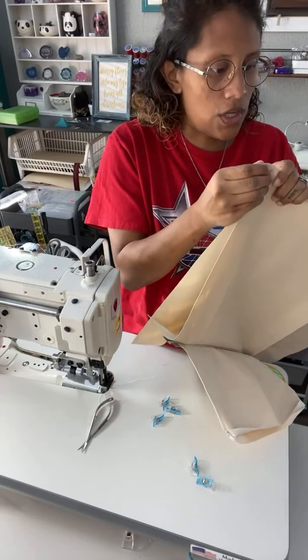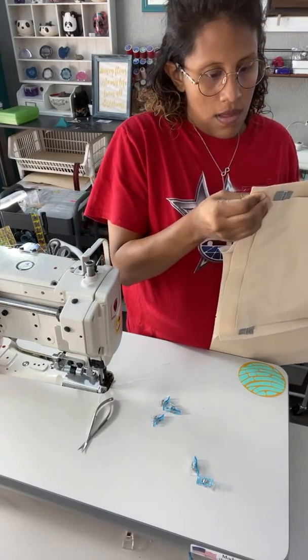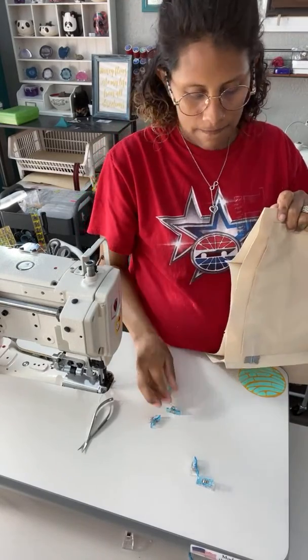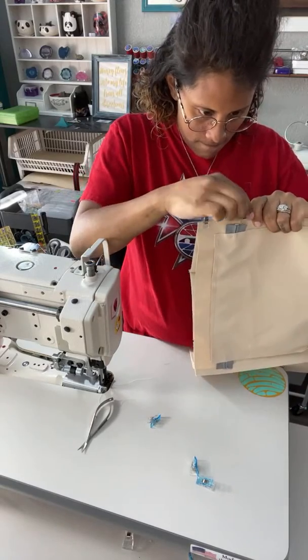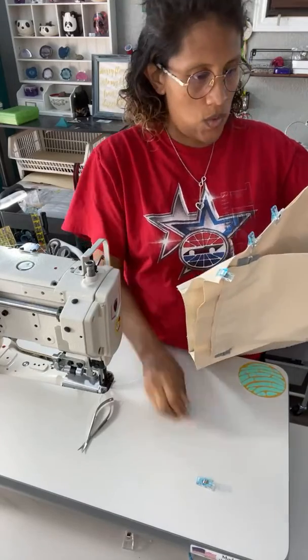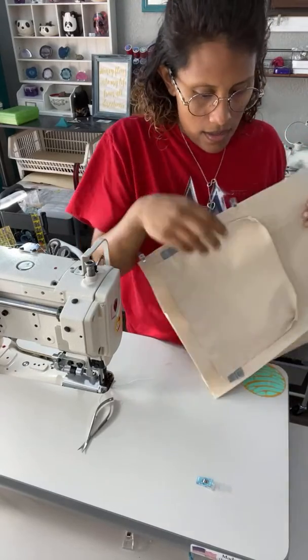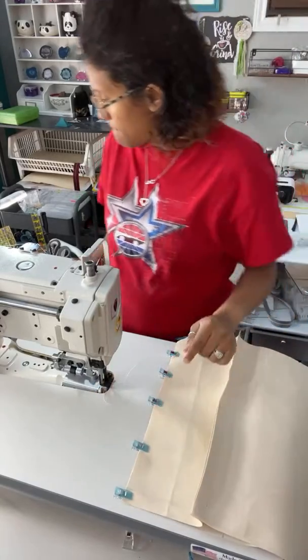So I like to just start by matching the bottoms and my tops. And then go and match my